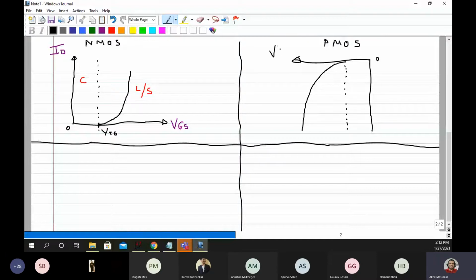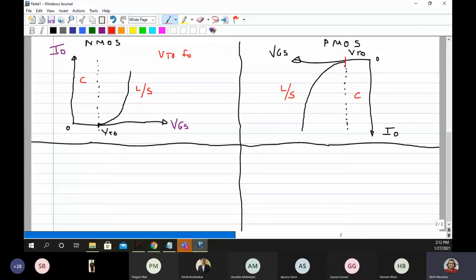Again on this we will have VGS, and here we would have ID. This will again be cutoff, and this can be linear or saturation. This point is again VTO.